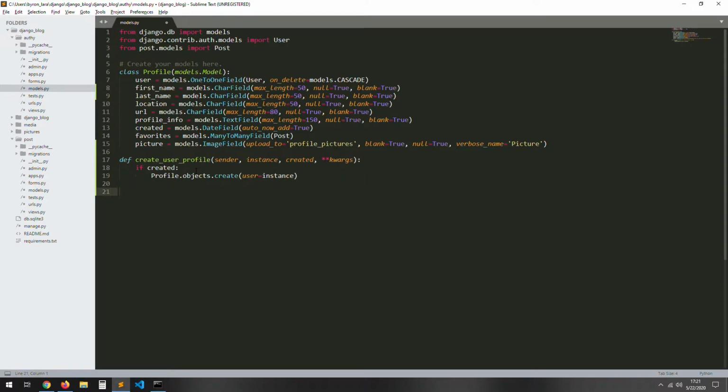Now create another function called save user profile, and the same thing, but in this case we don't need created. Now here, instance.profile.save. Boom. These are our functions,